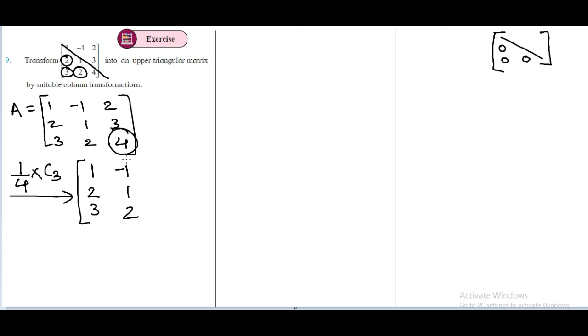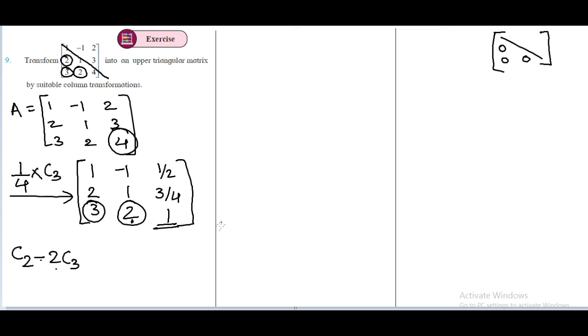There is no change in the first column and the second column. There will be a change in the third column. What will be the change? That will be 1 by 2, 3 by 4 and 1 over here. Everyone follow till here? Now let's move on to the next step. Now let's make 0 over here and here with the help of this 1. So the operation I will do is C2 minus 2C3, because C2 is 2, minus 2C3 will give me 0.